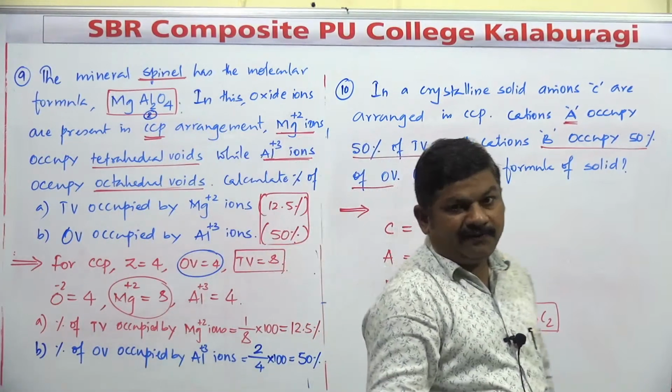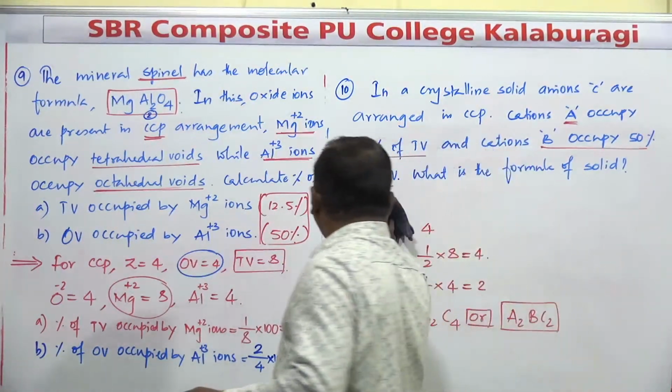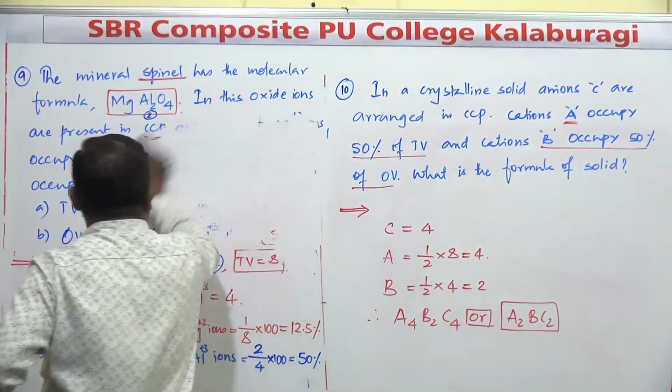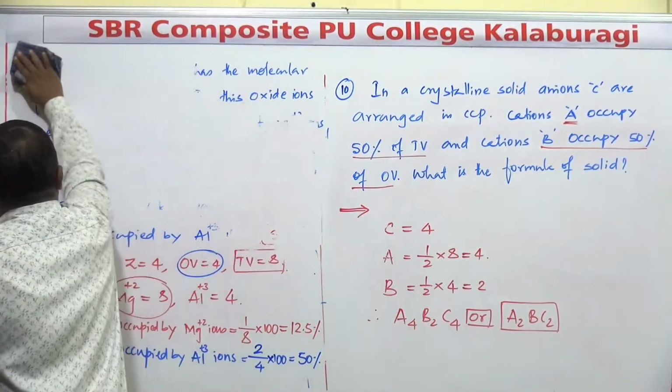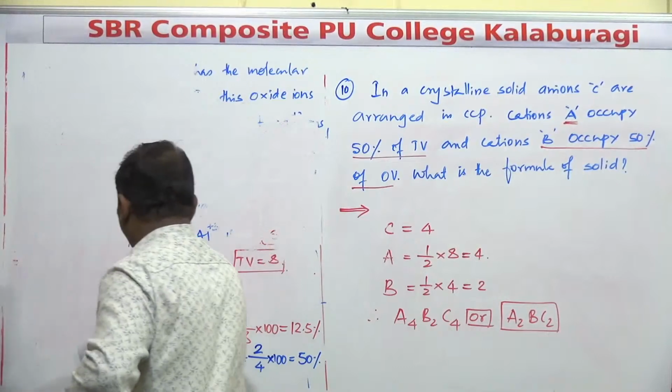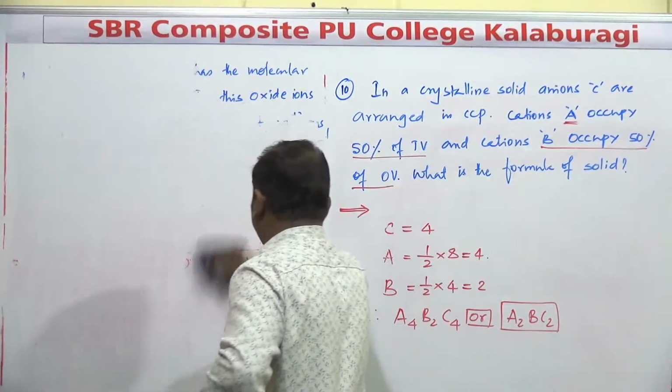So after completion of this percentage of void as well as total formula of the unit cell consisting of different cations as well as anions,